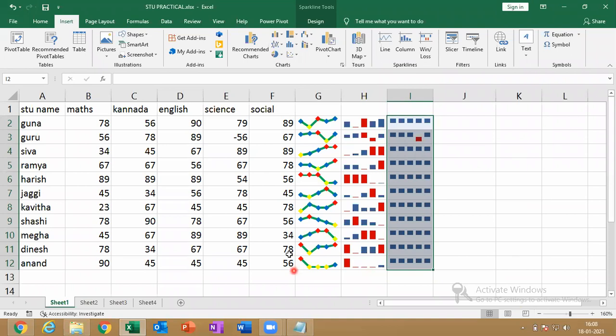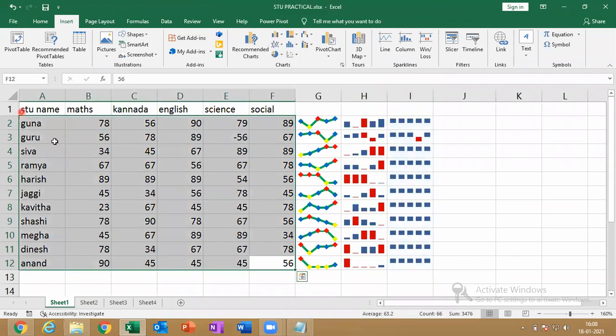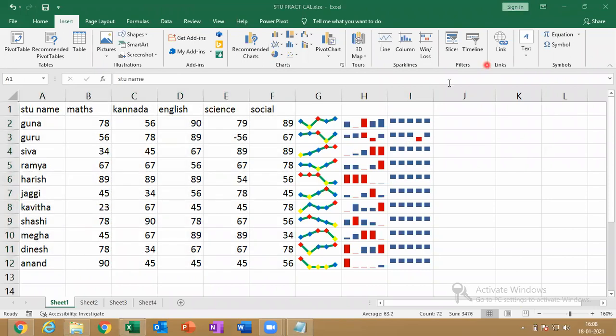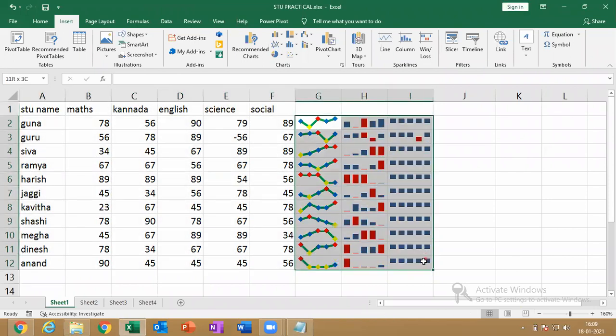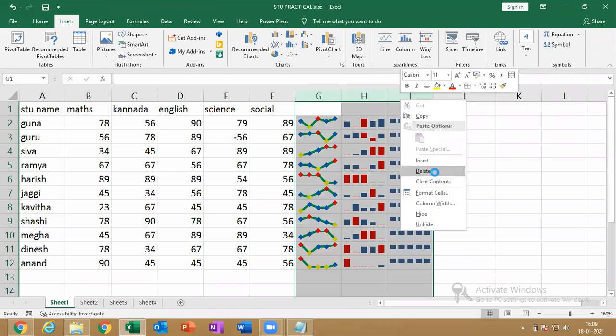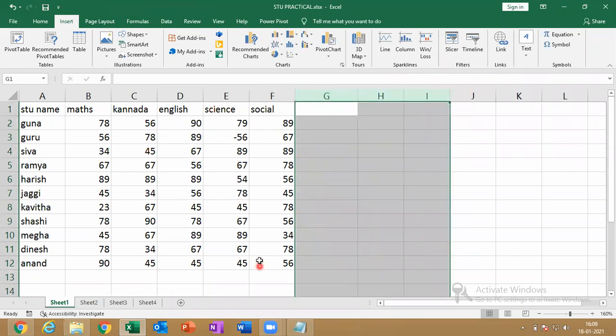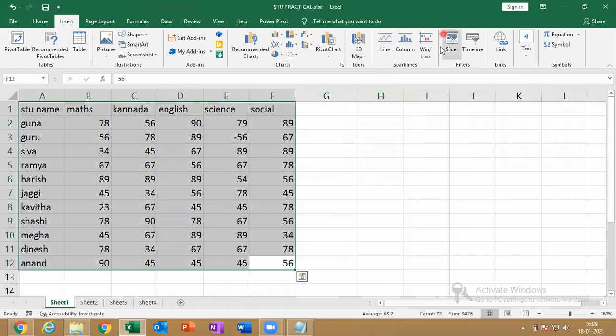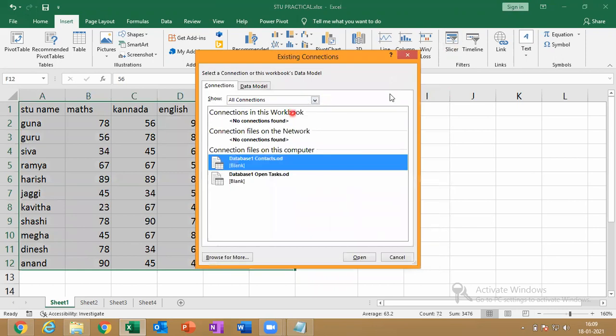Good. So now what you do? Just select this data set. Okay, let me delete all these sparklines. So go for slicer. When I click on slicer, I'm getting an error.